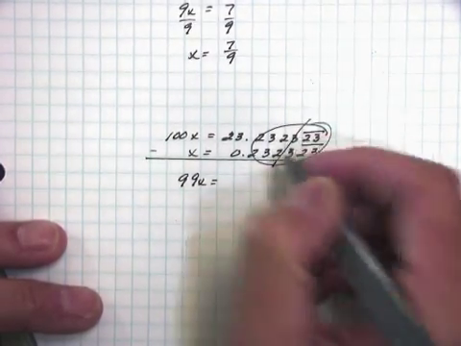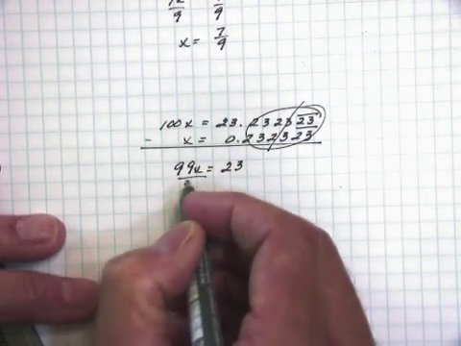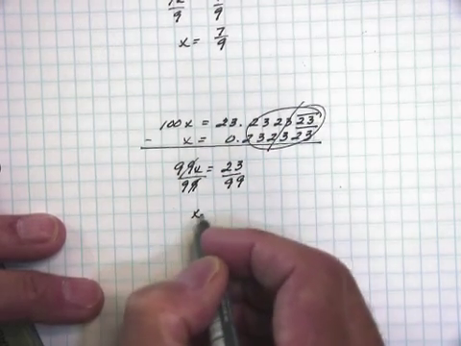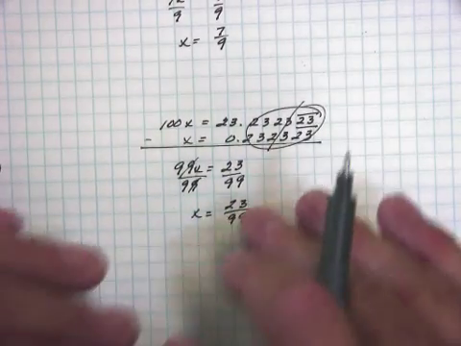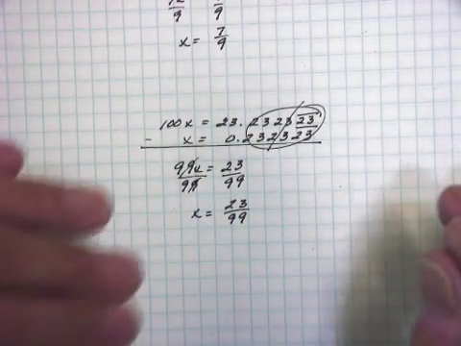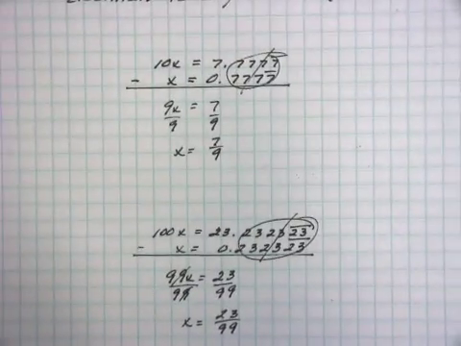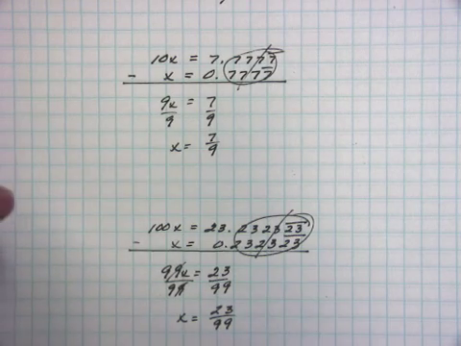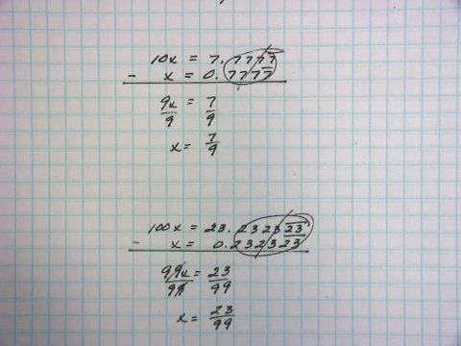Okay? We subtract these. 100x minus x is 99x equals, now all these decimals cancel each other out, and I have 23 minus 0, which is just 23. Divide both sides by 99. And x equals 23 over 99. So again, I took a repeating, non-terminating decimal and rewrote it as a fraction, a over b. So that's how you can